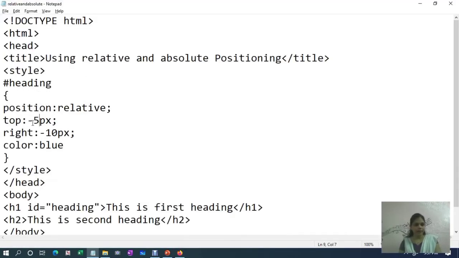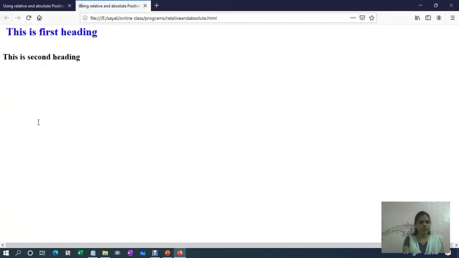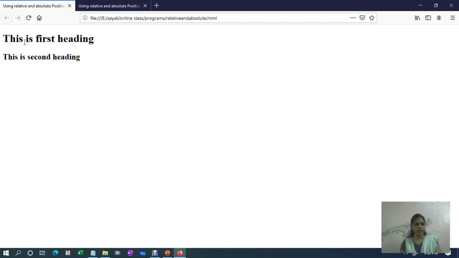If we add pixels more than 10, suppose 20 pixels, it will move upward. In this way the position of that element will get changed relative to its original position, and original position is at this, you can see here. Okay, so in this way we can use relative positioning.